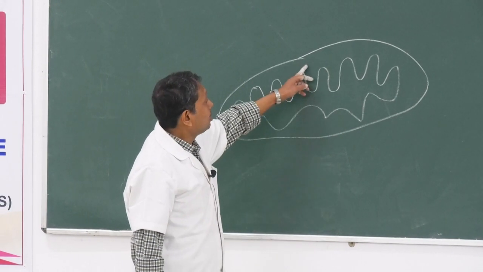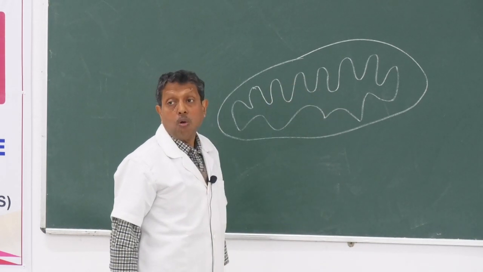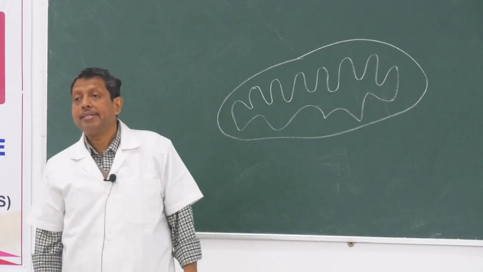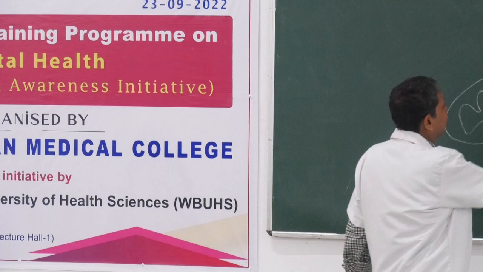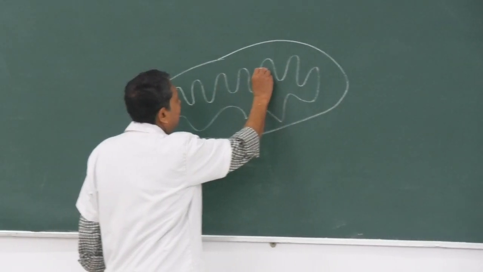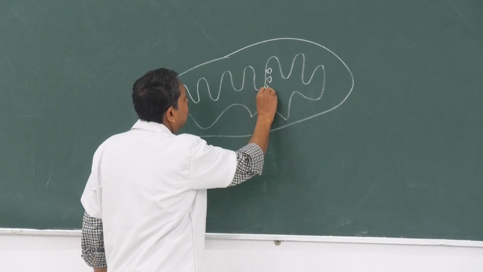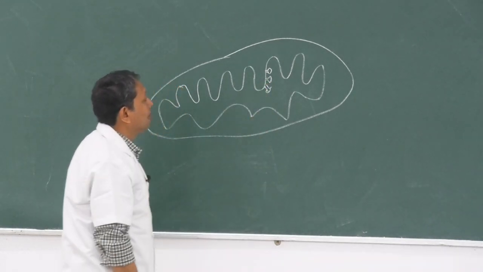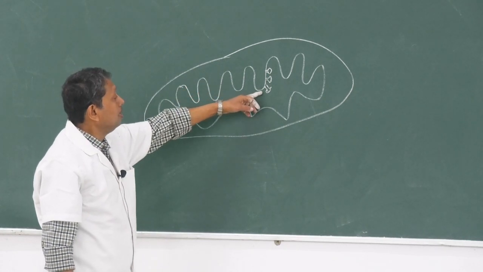Or intercrystal space, and they are called cristae. The inner membrane is folded. They form cristae, and over these there are some projections. Outer membrane, inner membrane, and there are these projections in the cristae,